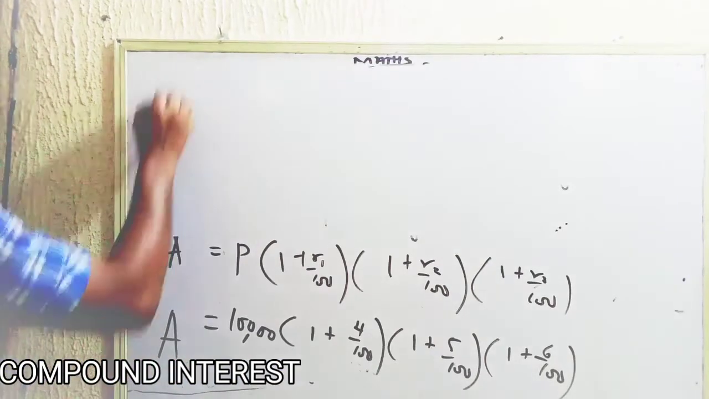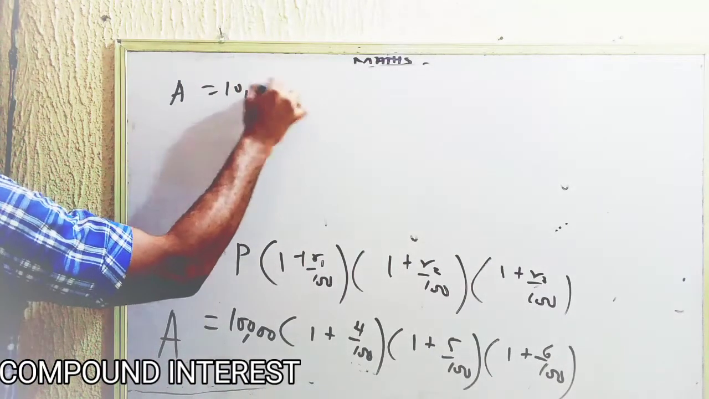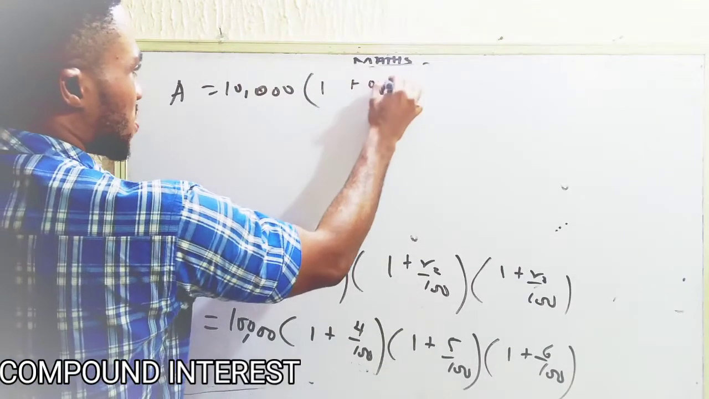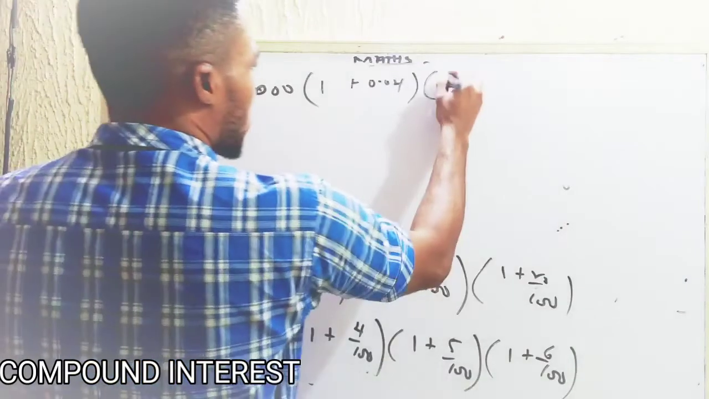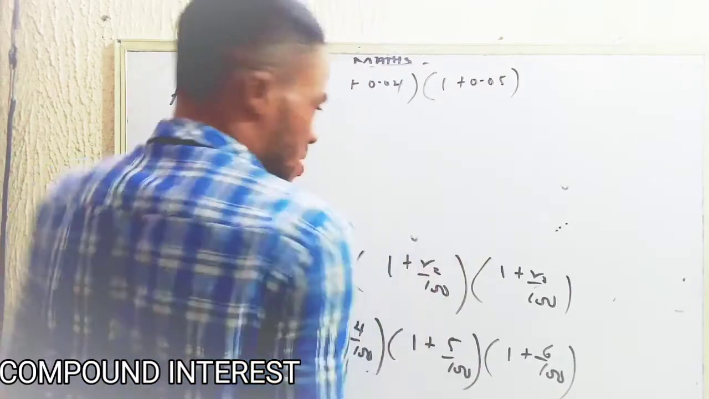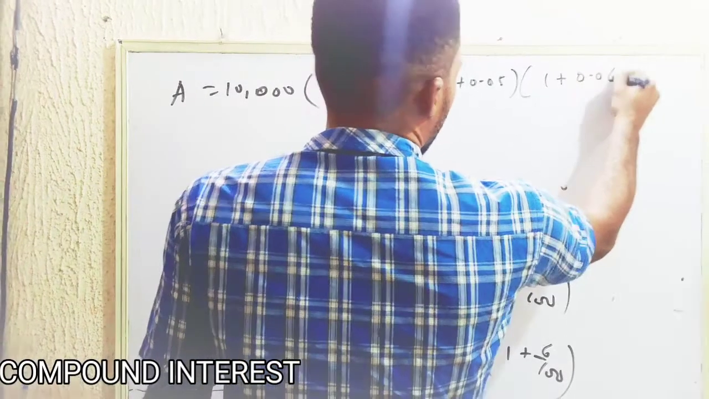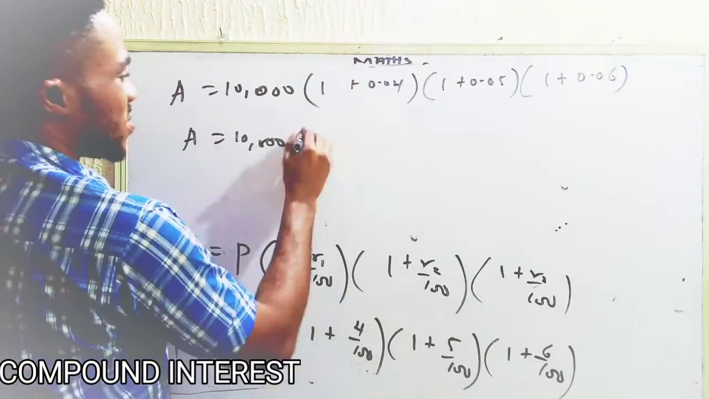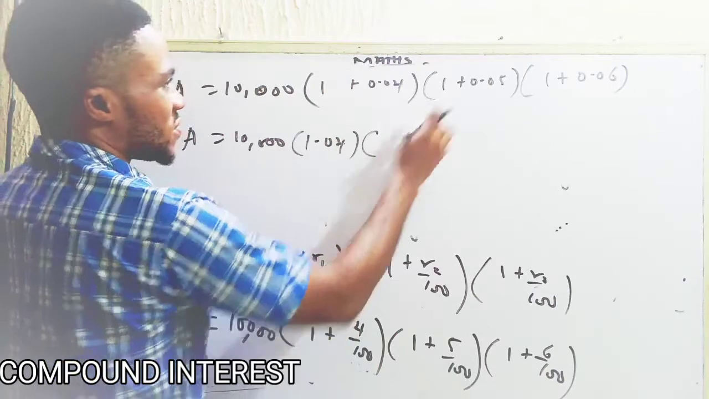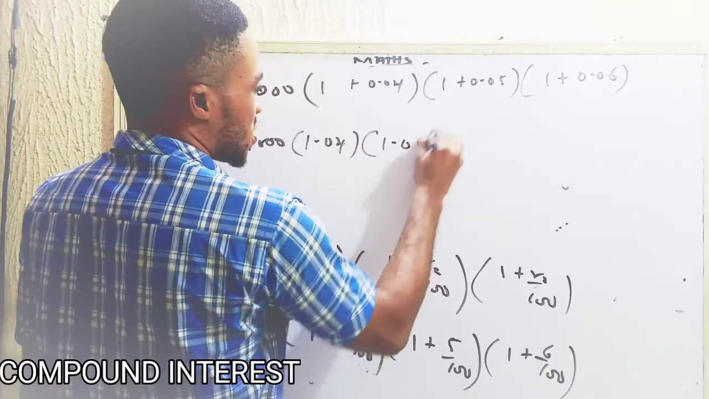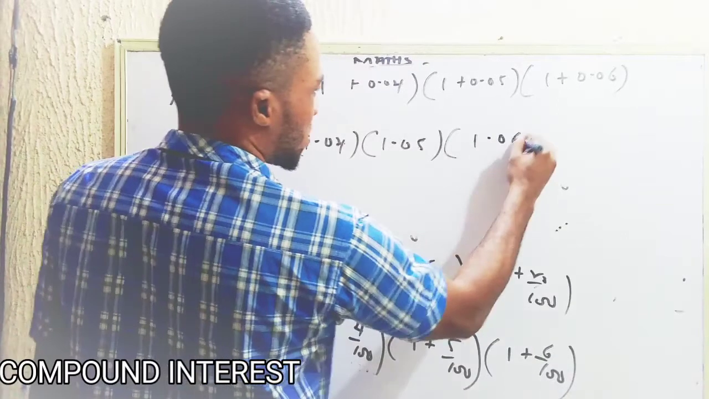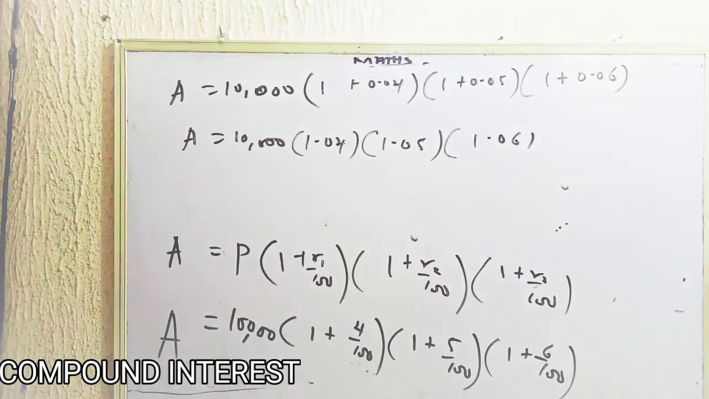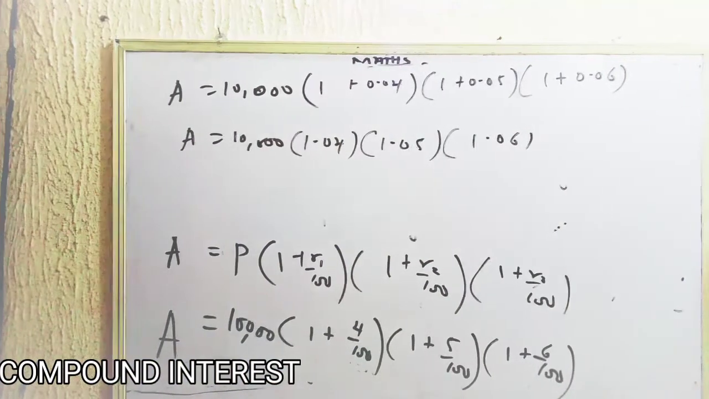So I'll have A to be equal to 10,000 bracket, I'll have 1 plus 0.04, then 1 plus 0.05, 1 plus 0.06. So A is equal to 10,000 bracket, this plus is 1.04, then I have this plus is 1.05, then I'll have this plus is 1.06. So what I have to do, I'll multiply everything here and I'll get the amount in question. So that will give me around